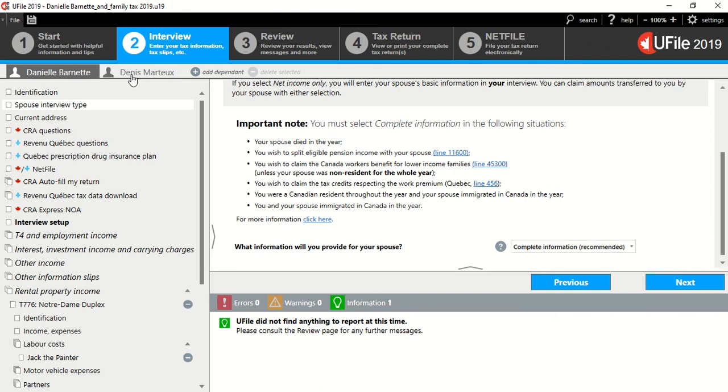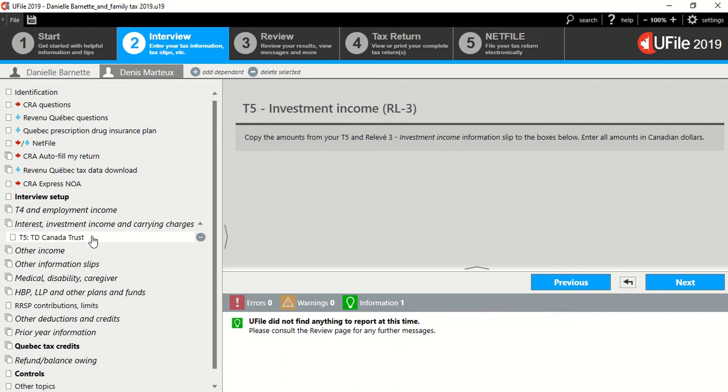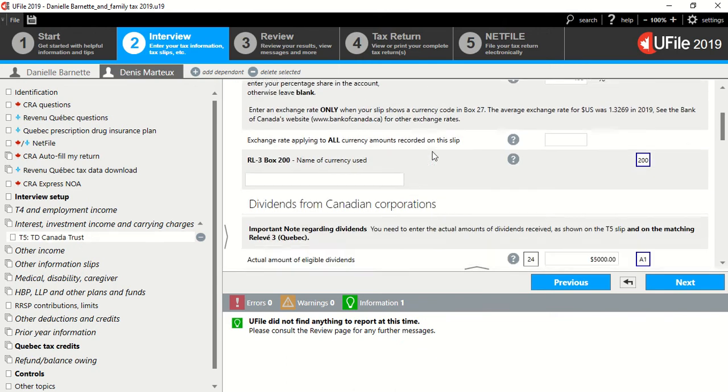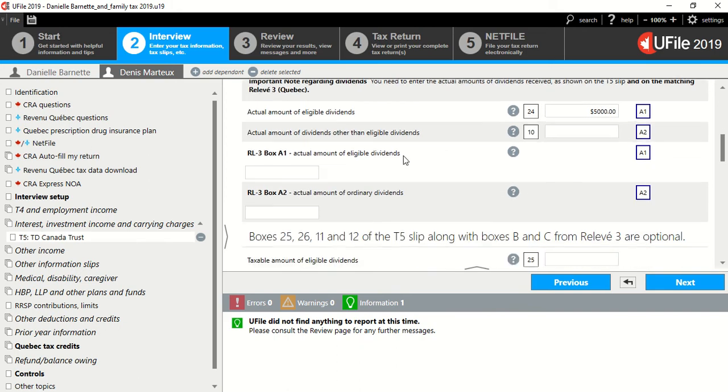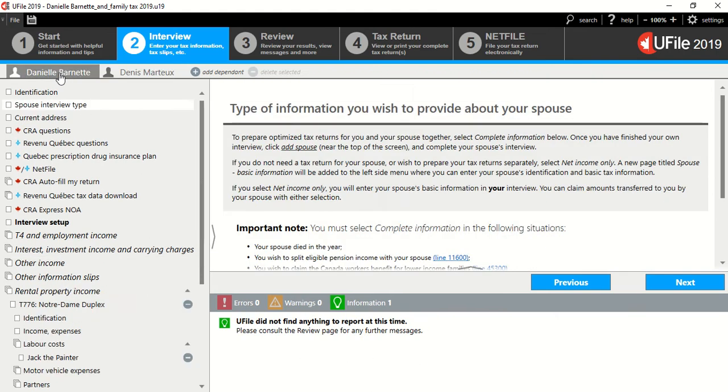And just to demonstrate the old trick that UFile does automatically, I gave her some eligible dividends. And I only did one entry here because UFile will do two things. One, will do the gross up and the calculation of the credit automatically. And secondly, it will determine if it's beneficial for him to claim the dividend tax credit and the dividends, or to transfer it to the higher income spouse. So that's all the spouse has is dividends. Let's go to Danielle Barnett